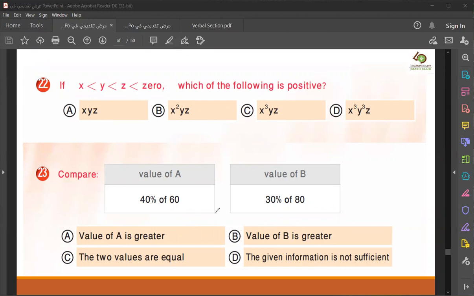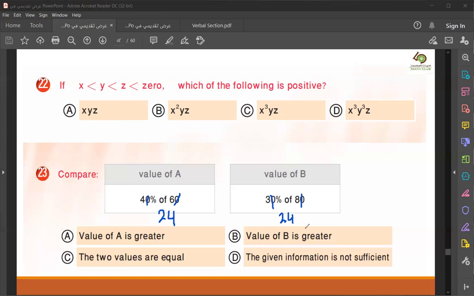Please, I want to show you a short method to find the percentage. When you see 40% of 60, you can delete this 0 here and this 0 here. Then you multiply 4 times 6. What is it? It is 24, right? Good. Also here, 0 with 0, then you multiply directly. 3 times 8, it is 24. So the two values are equal,